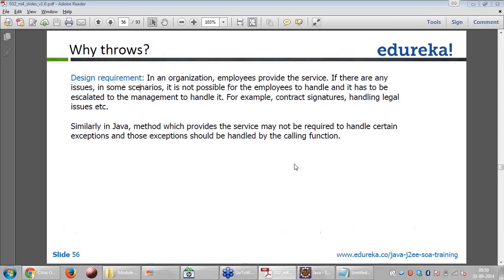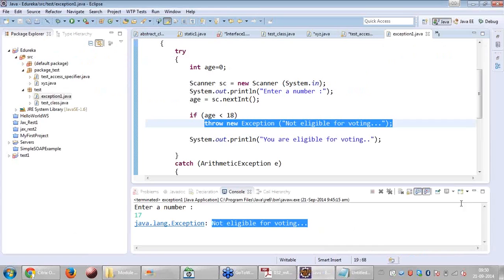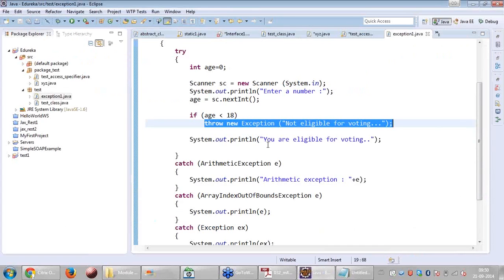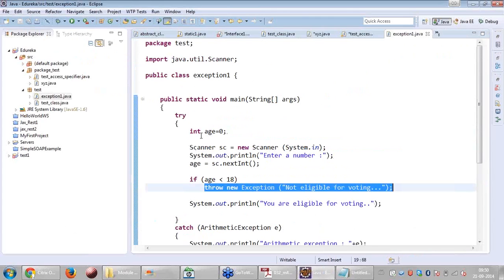So something very similar to that is the throws concept. That is, if you call a function, it says I'm not going to handle the exceptions for you. I will throw the exceptions back at you. If there are any, then you will handle it. So that is what throws is. Now, let's say